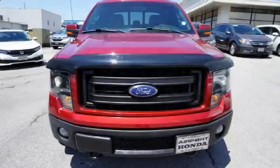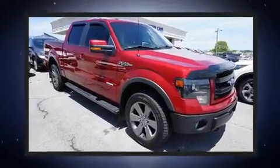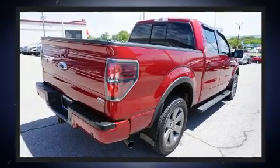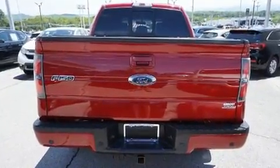Climb inside the 2013 Ford F-150. It features an automatic transmission, four-wheel drive, and a 3.5-liter six-cylinder engine. All of the following features are included: one-touch window functionality, a tachometer, a rear step bumper, and a split folding